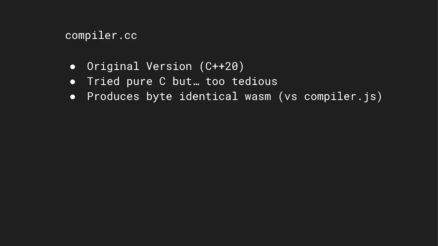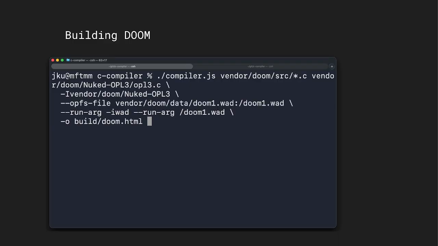So instead, I ended up porting the C++ version directly to JavaScript, and I realized it's actually much more fun to extend it in JavaScript. So, if you want to see what it looks like if you want to build something a little bit more complicated,